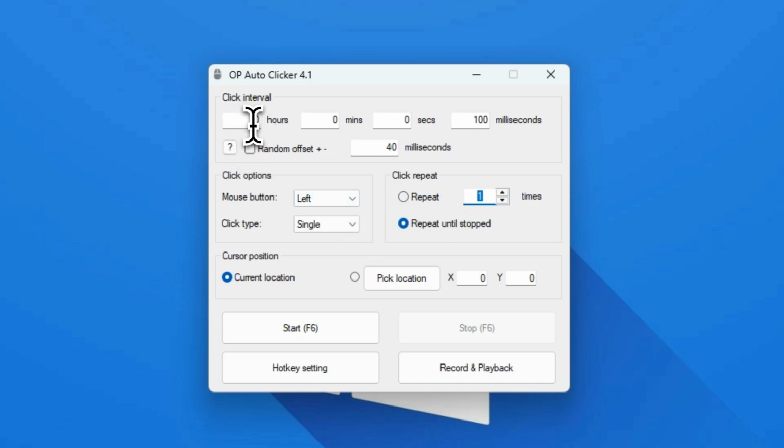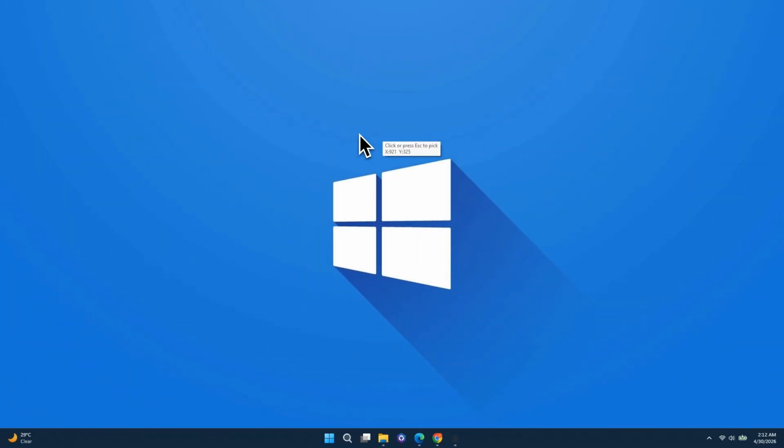Next, set the click interval, which determines how fast the clicks will happen. You can adjust this in milliseconds, seconds, minutes, or hours, depending on your needs. For example, 100 milliseconds means very fast clicking. Then, choose the clicking location. You can either use your current cursor position or select a specific point on the screen using the Pick Location